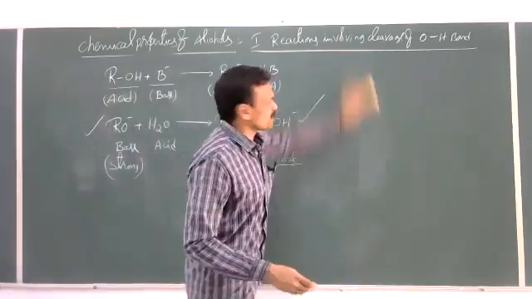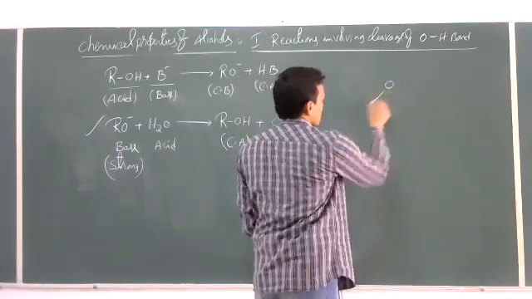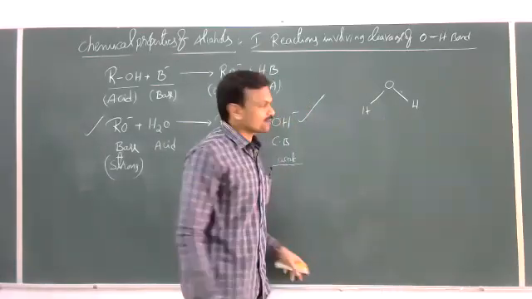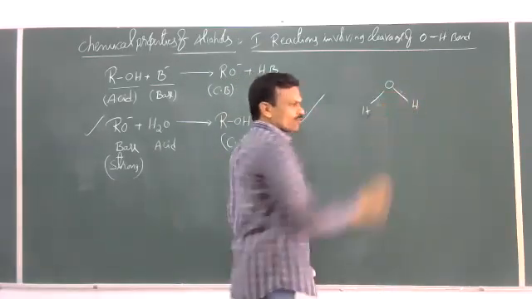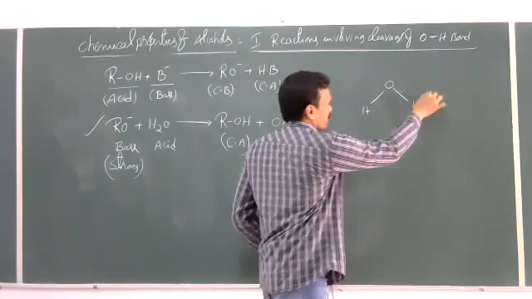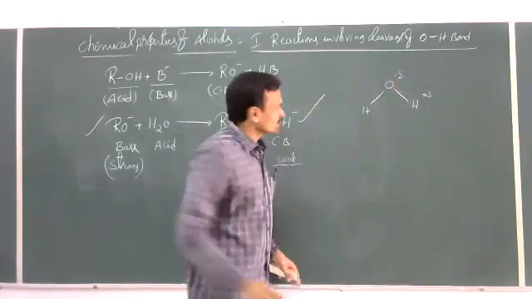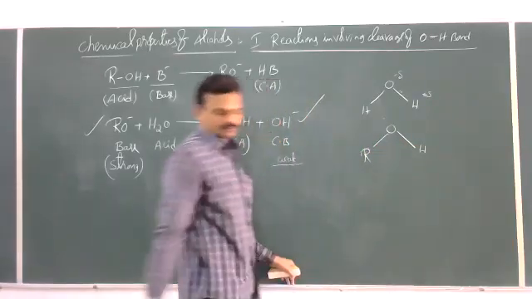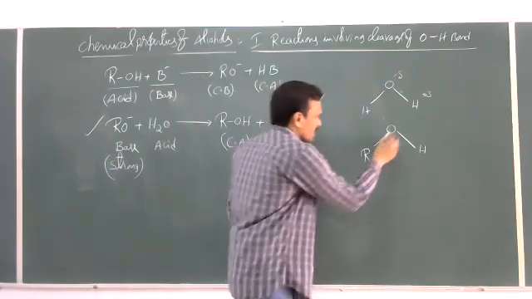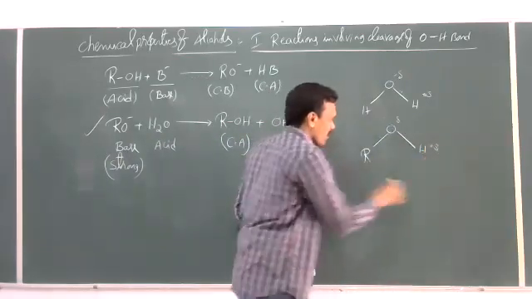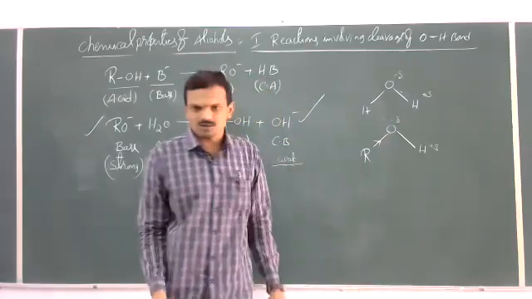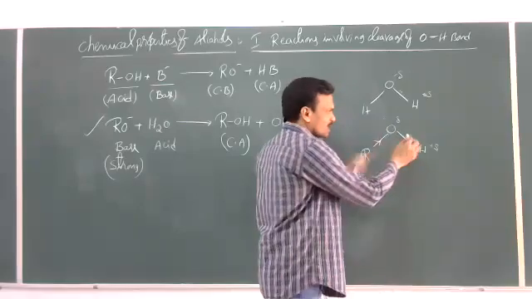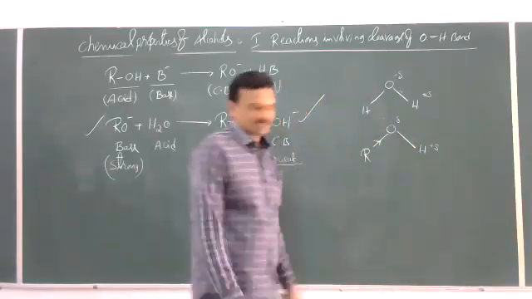The same we can express in terms of inductive effect also. Water molecule is there. The acidic strength of water depends on the bond polarity of the OH bond, partial positive and partial negative. The same if you take alcohol, ROH, this also has partial negative and partial positive. This alkyl group is an electron releasing group. Since this alkyl group releases electrons towards oxygen, the bond polarity of the OH bond decreases.